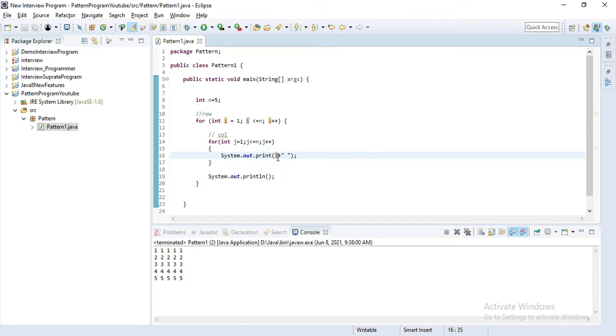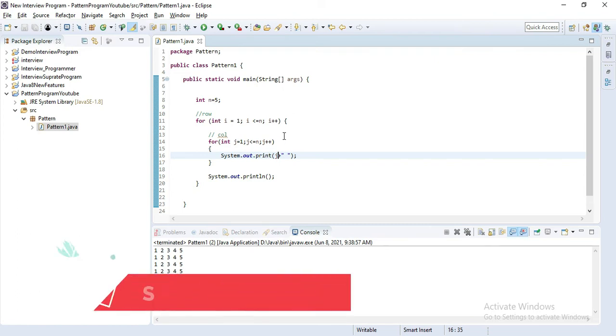So I'll simply pass here directly j instead of I. Let's save this and run. You can see we got incremented value column wise.